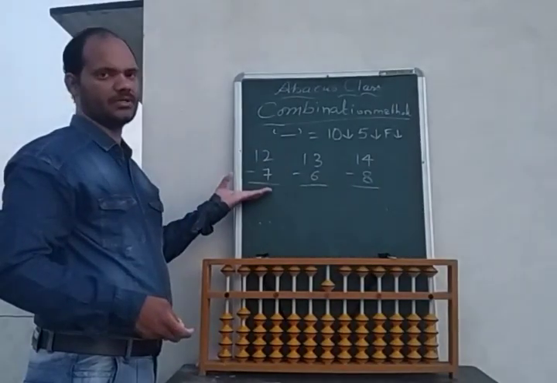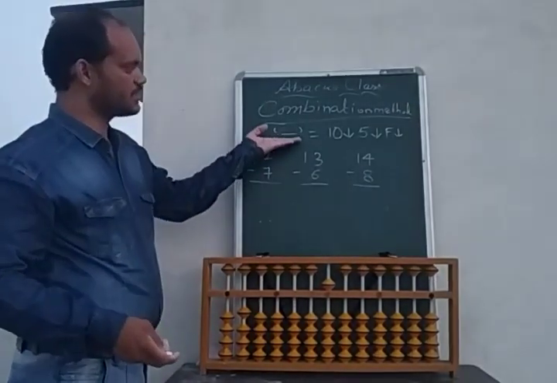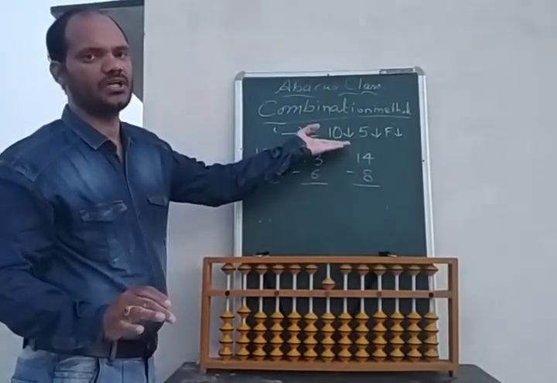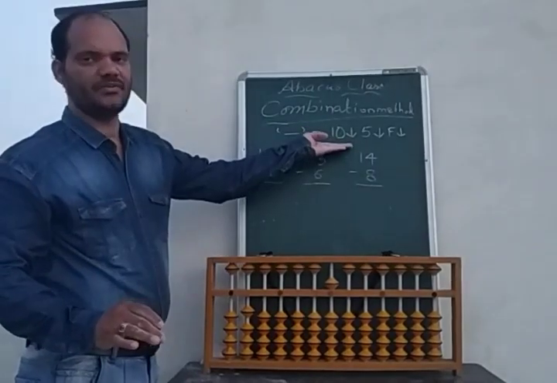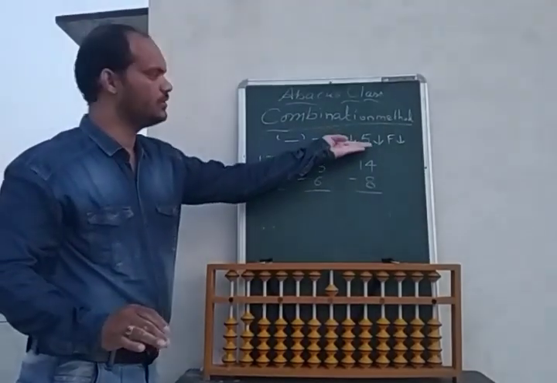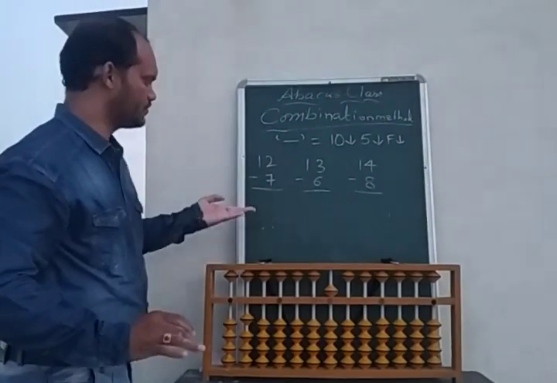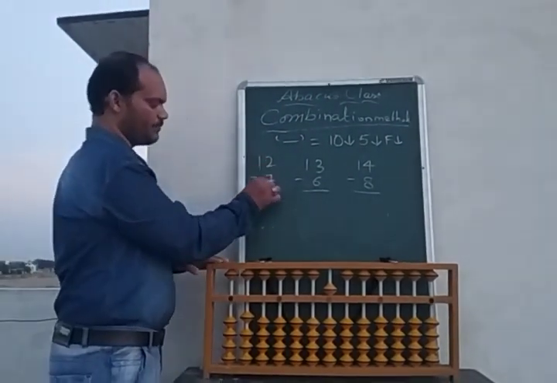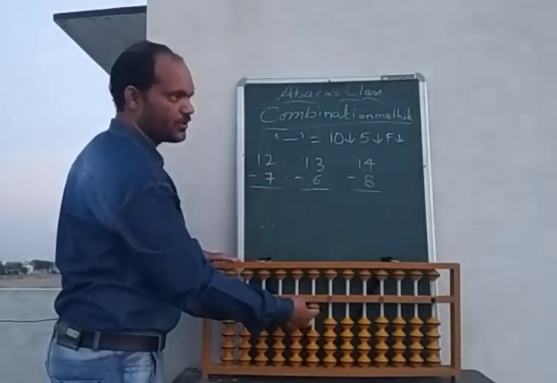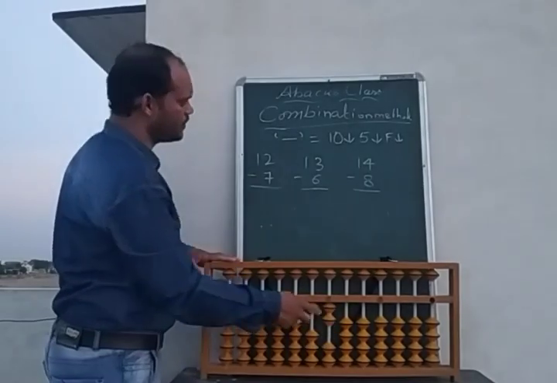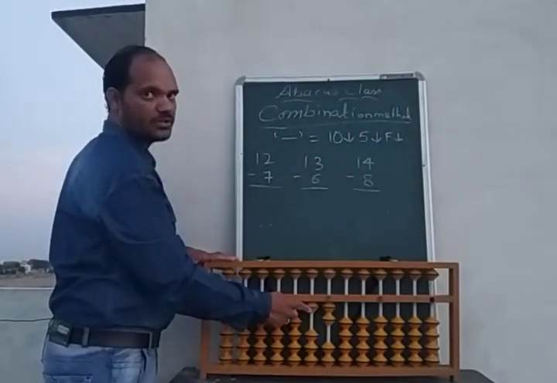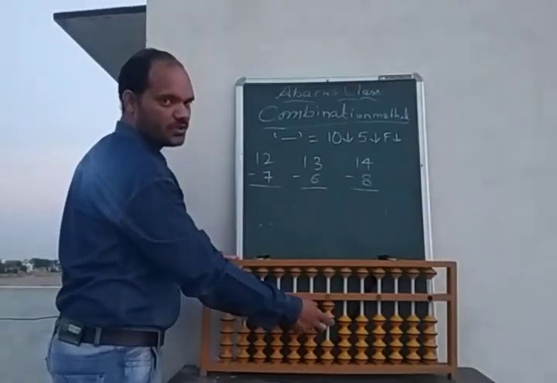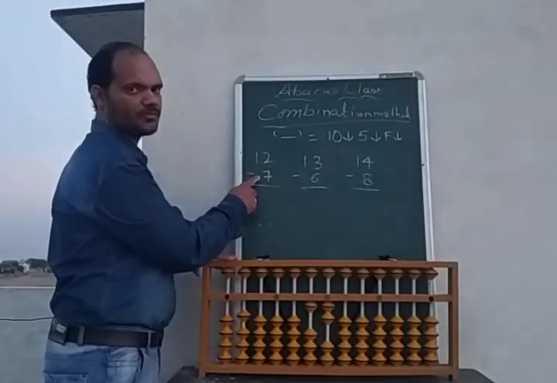Now we will learn the subtraction method. We have already done some addition problems. Now subtraction. In subtraction it is just opposite to addition. Here we will do 10 down, 5 down as well as friend down. So see some problems. 12 minus 7. On the tens rod 1 and on the units rod 2. So 12. Now we have to subtract 7.